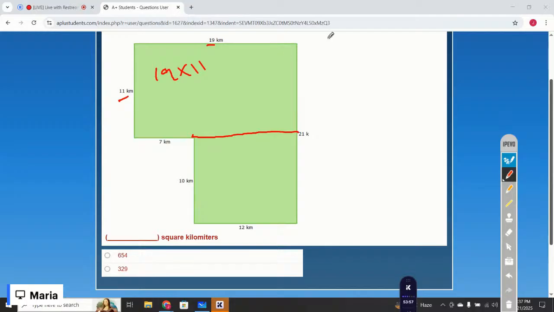You can use these lengths. So 19 times 11 is 209. Now calculate the area of this other figure that is 10 times 12, that is 1200. So 1200 plus